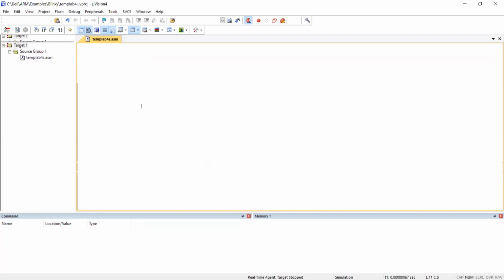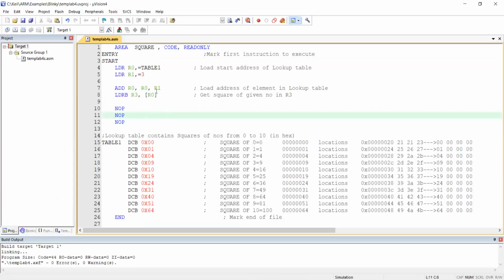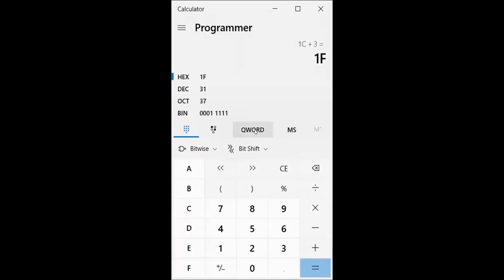Okay, in the question, the program we have given was lengthy. I have reduced it and made it up to this. Okay, so now you see table address plus 5. What is table address? You know that already. Okay, so coming back to the calculator. What is fixed table address?